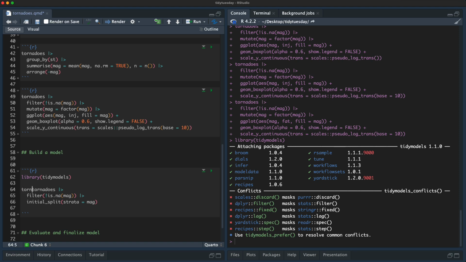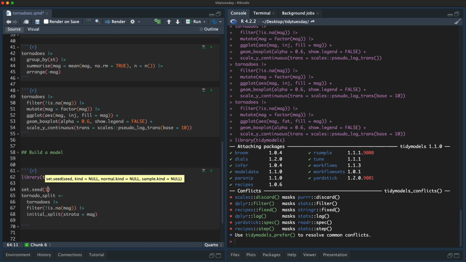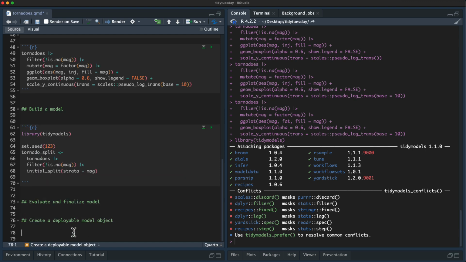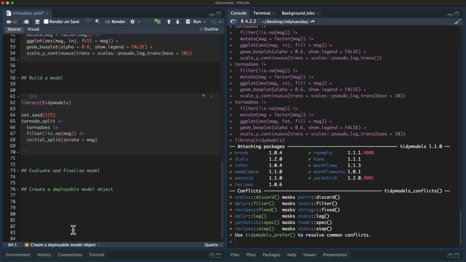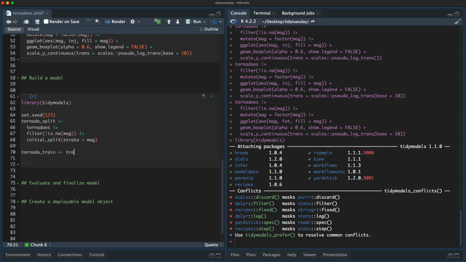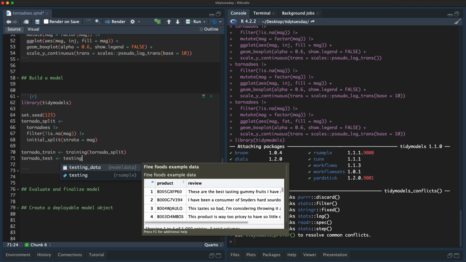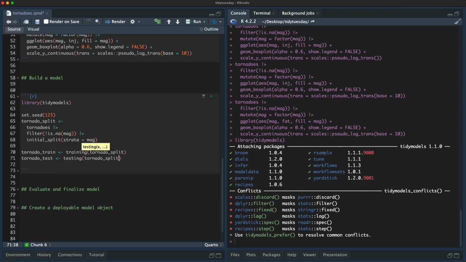So let's call this tornado split. Definitely need to set a seed here. And then let us create a training set, and let's create a tornado test, a testing set, like so.